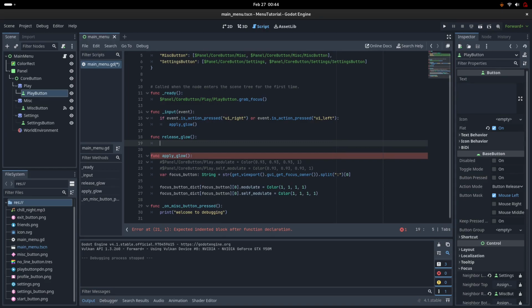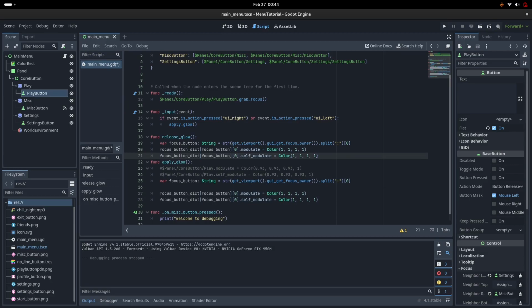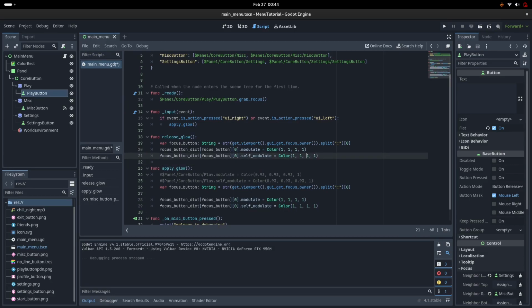So the process is going to be almost the same, I believe. Let's copy this code right here to get the button that has the focus. We're going to copy these two. However, now in the self modulate and modulate,